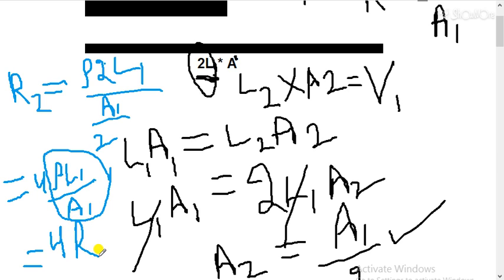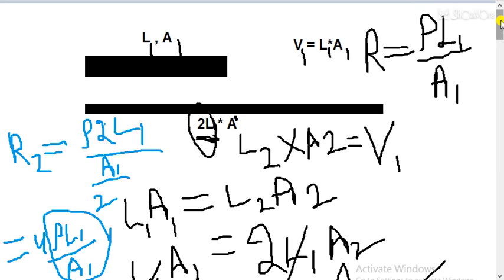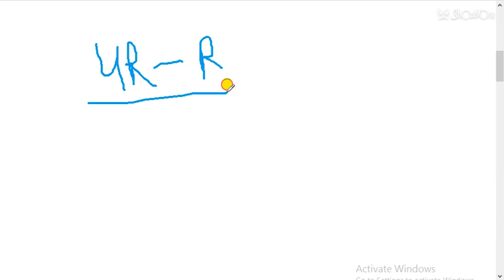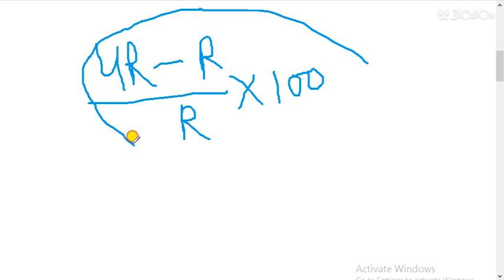Students, this is a very basic question. Basically, the examiner will ask you about the new resistance on stretching, or he will ask about the percentage change in resistance. So when we have to find the percentage change, we will write change here. Change is what? The value is changing from R to 4R, so the change is 3R, 4R minus R, and originally it was R, so we multiply it with 100. These types of questions you will see in examination. In this way we can find the percentage change in resistance. So this formula we will use.